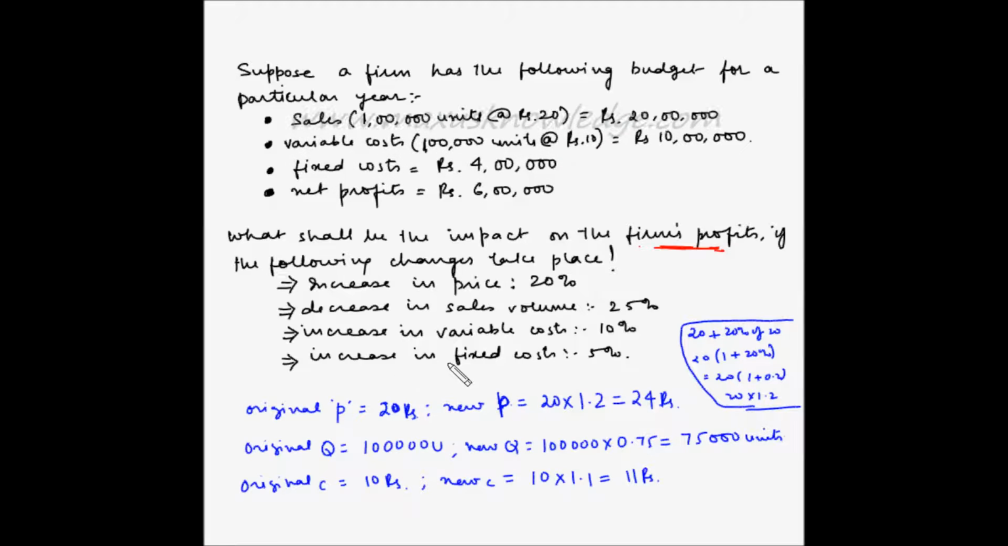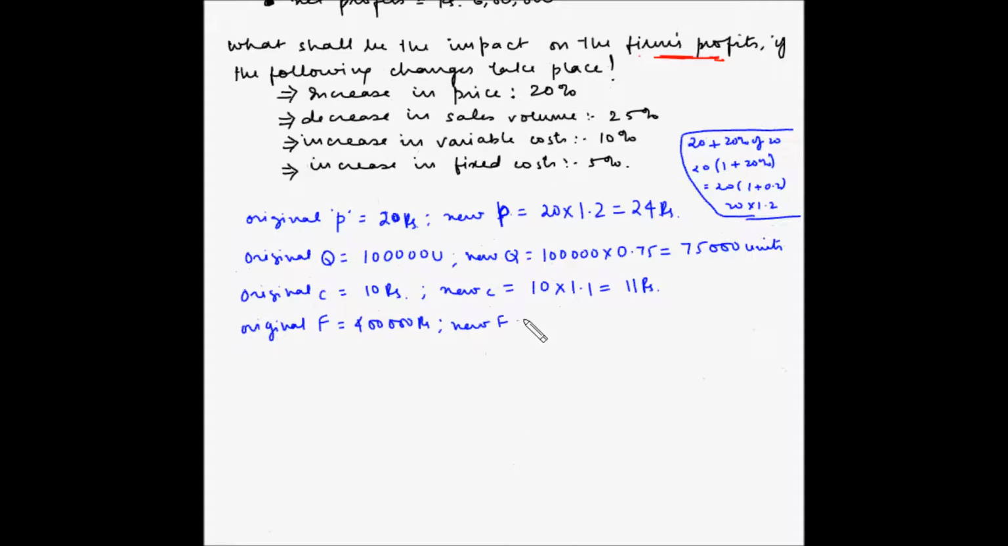Now the last one is increase in fixed cost by 5%. So original fixed cost is 400,000 rupees, new fixed cost is 400,000 multiplied by 1.05 because it increases by 5%. So this turns out to be 420,000 rupees. So now we have to calculate the new profit,